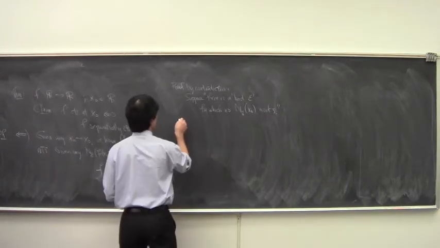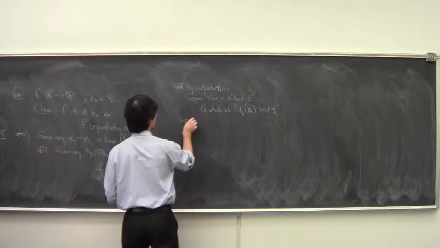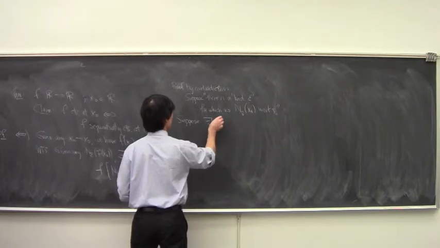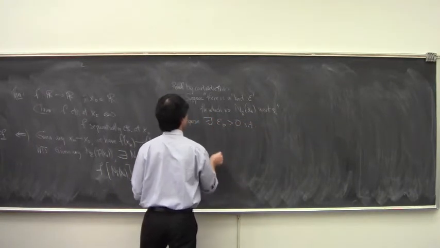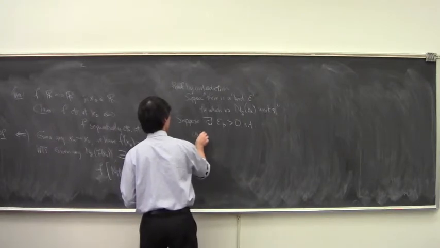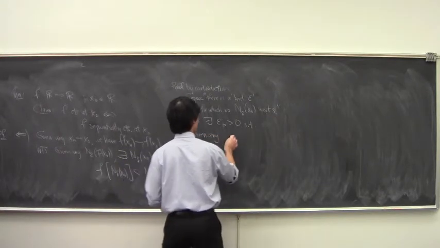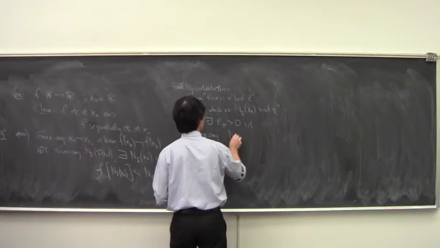In other words, suppose there exists an epsilon naught such that given any neighborhood